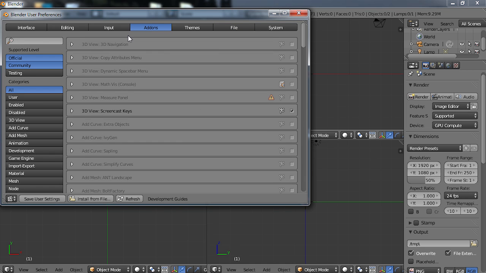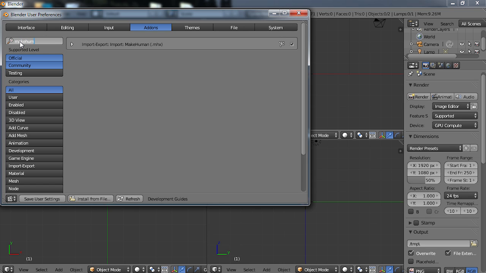Then go to add-ons, and the MakeHuman format is not on by default. So just type in MakeHuman. As you start to type it, you'll see it come up here. This is the import-export for MHX format. And make sure you check that. Next, type in rig, and you will see rigging Rigify. You will want to check that as long as you chose, like I did, to export the rig also. If you want to be able to move your character around, move the arms and things like that, you'll want to use this. So once you have those set, you can choose to save the user settings,